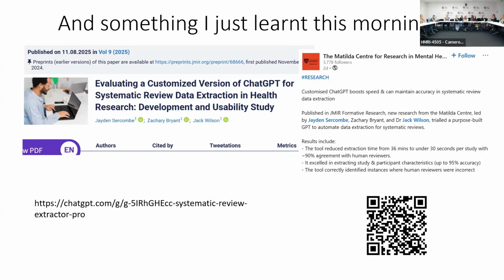And the way they suggest to use it, and again, we just learned about this morning, so I will give you some caveats, is that they use it as a second reviewer or the first reviewer. So they might get it to extract everything, and then the second reviewer goes in and checks the quality and consistency. I think it actually ended up being a bit more accurate than the people. Oh my God. Not surprising.